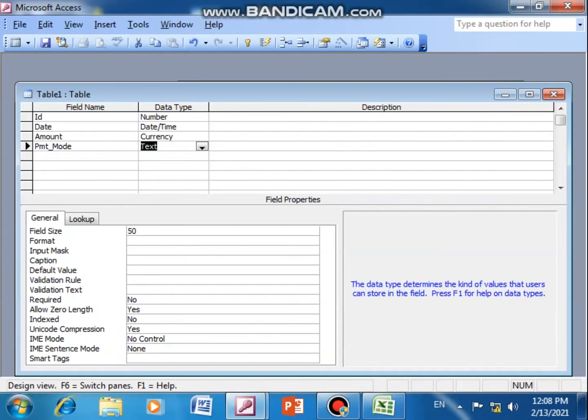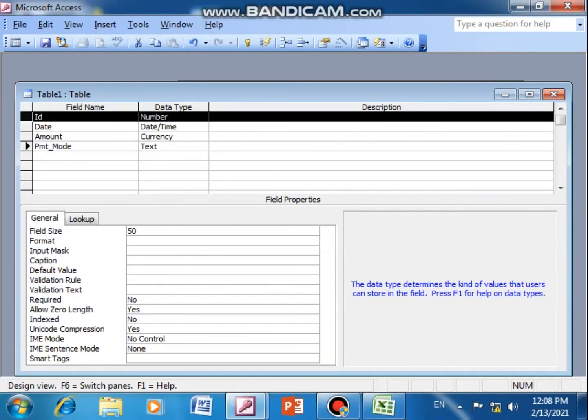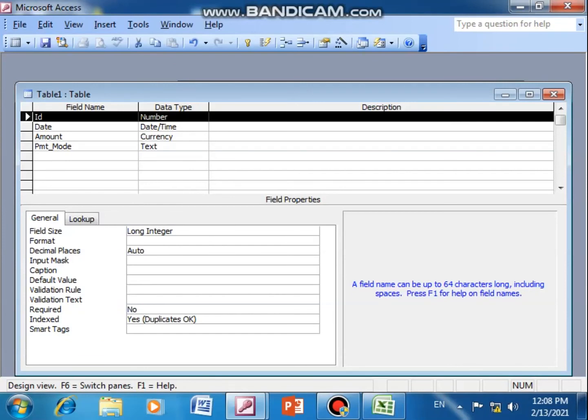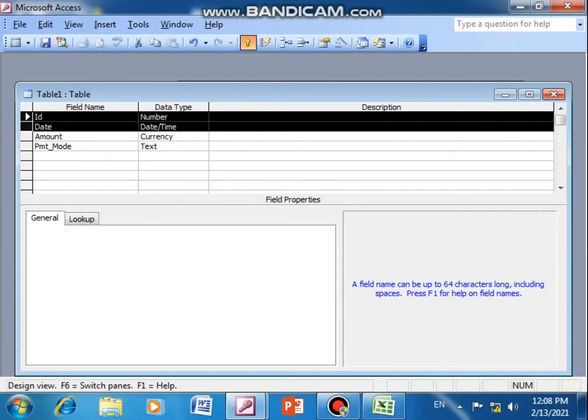Now here I cannot assign a primary key to ID. Why? Because if I collect the fees of Bhargav once, then it will not allow me to repeat the same record. So I will not be able to enter Bhargav's name twice. Suppose next year also he pays the fees, next term he pays the fees, so I cannot assign. But one thing I can do is select both the fields and assign a composite primary key.